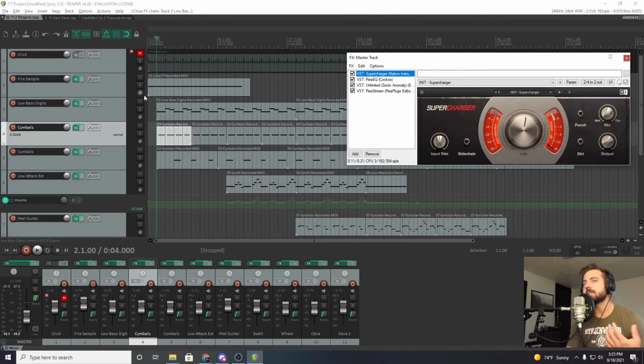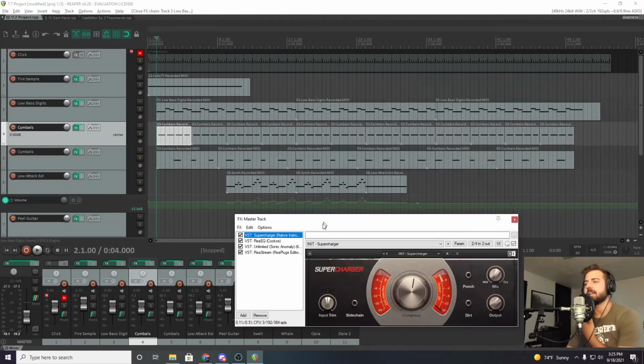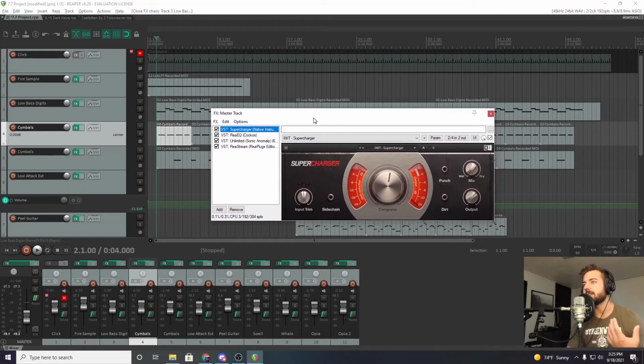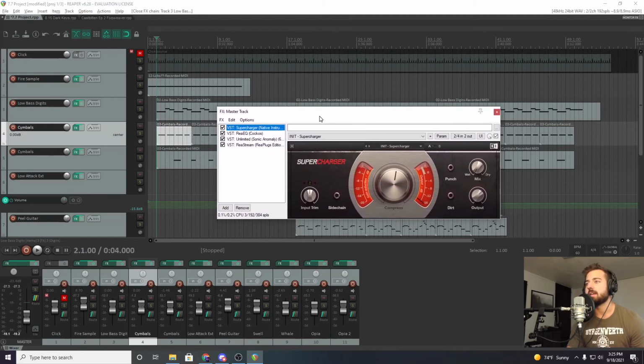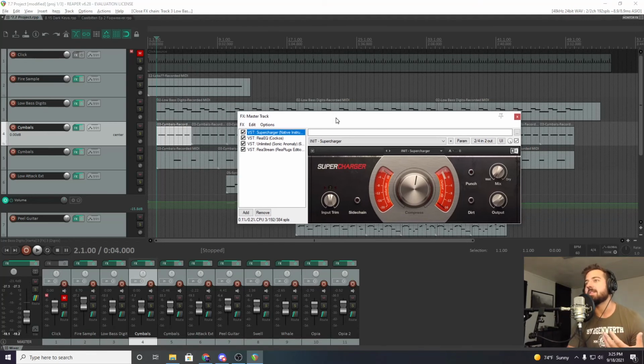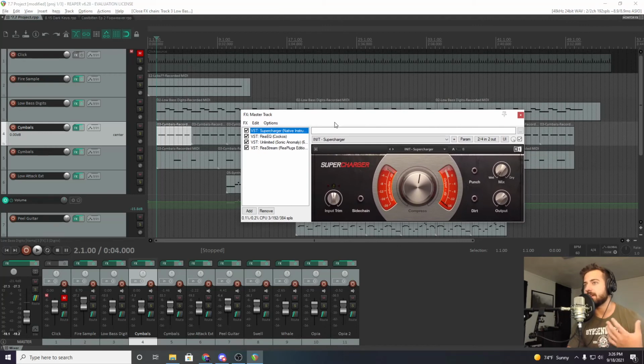Got the supercharger, mostly, like I said, that's for the digits, but you want compression on your overall mix. I think it's easy to not notice how different the sounds are, volume wise, and you've got to be careful. You want to keep your dynamics, but it's like if you're watching a movie, if someone's yelling in one scene and then someone's whispering in the next, you can catch the dynamics. You can tell that one's a yell and one's a whisper, but you can hear them the same. The yell doesn't hurt your ears, and you don't have to strain to hear the whisper. It's like that. You want compression so that you can hear everything, but you want to maintain the dynamics.